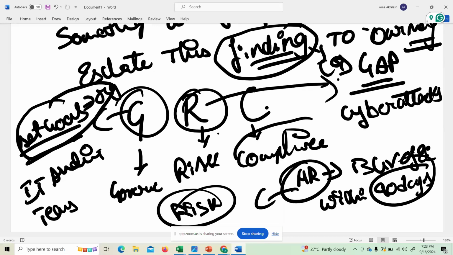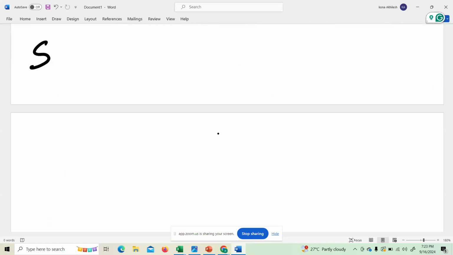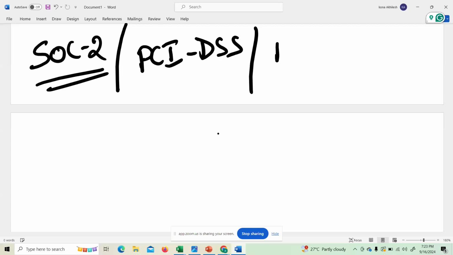Compliance will differ from industry to industry. Let's say in ITGC we need to abide by SOC 2 compliance. If we are working in the banking industry, investment banking, credit card products, or debit card products, that industry needs to be compliant with PCI DSS, and ISO is also a compliance standard.